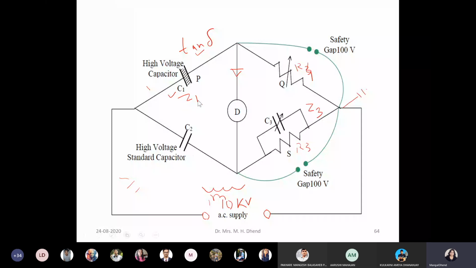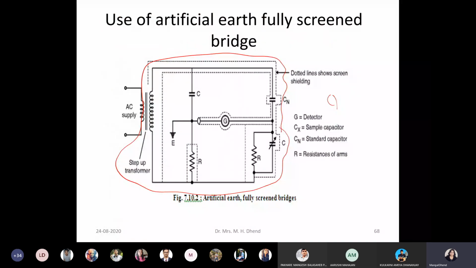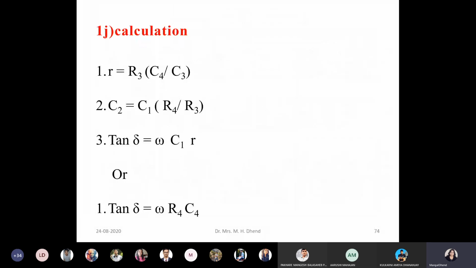You should not remember formulas in terms of C1, C2, C3, because these components will change depending upon the description of the problem. So how do you remember? If my unknown capacitance is in this branch, then which components are in the numerator: the ones in front, or the ones side by side; which component is in the denominator: this component, or the opposite components. That way you remember the formula, then you can solve any problem. So that is the hint I want to give you.